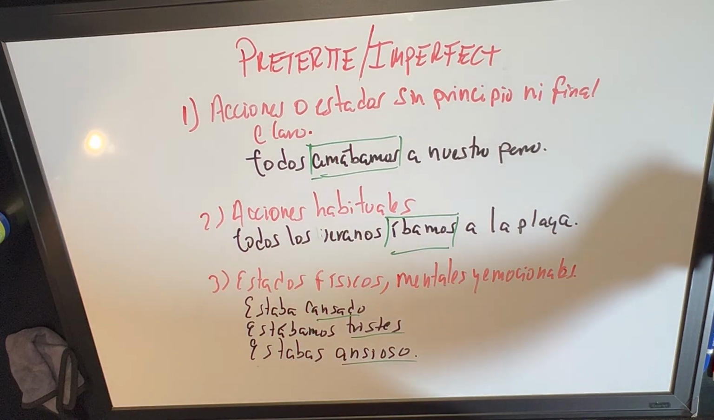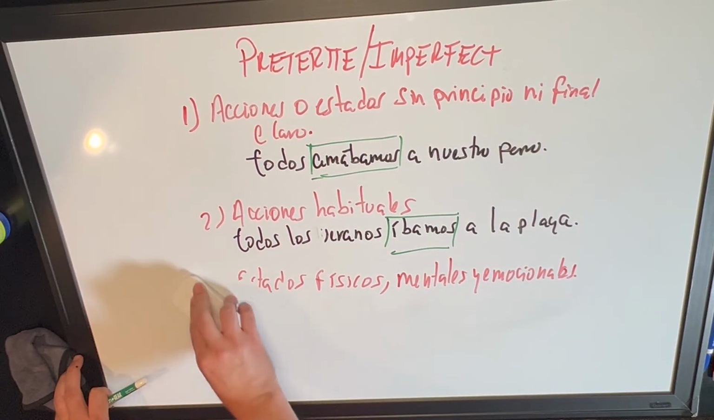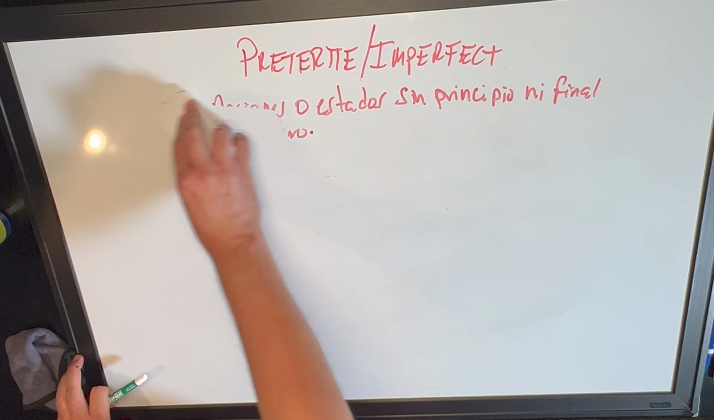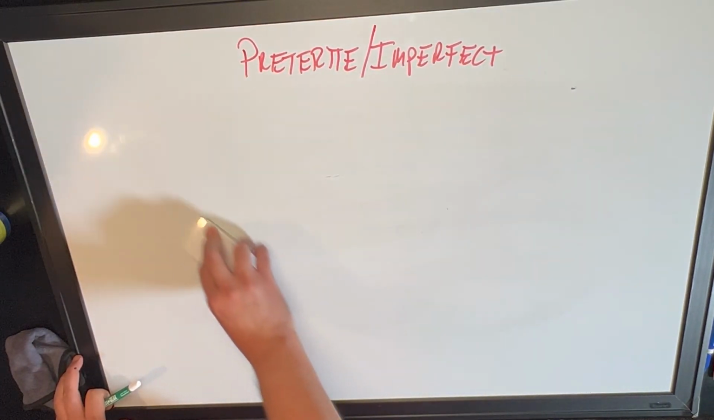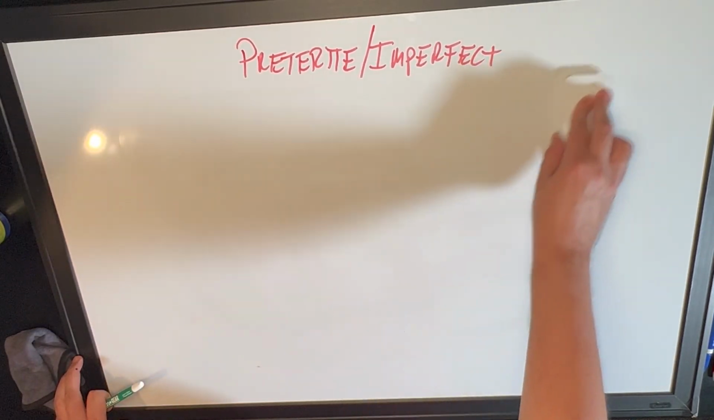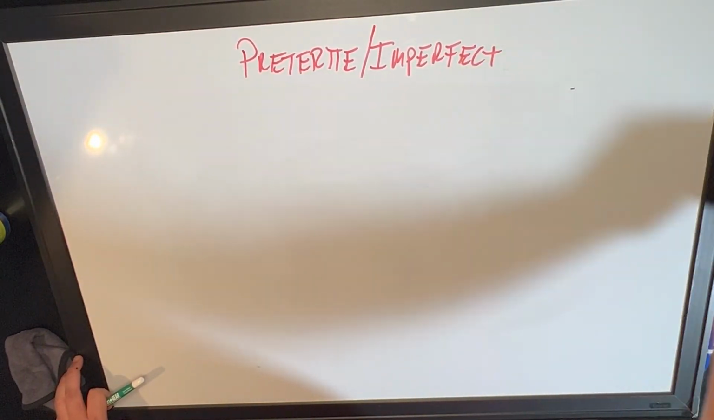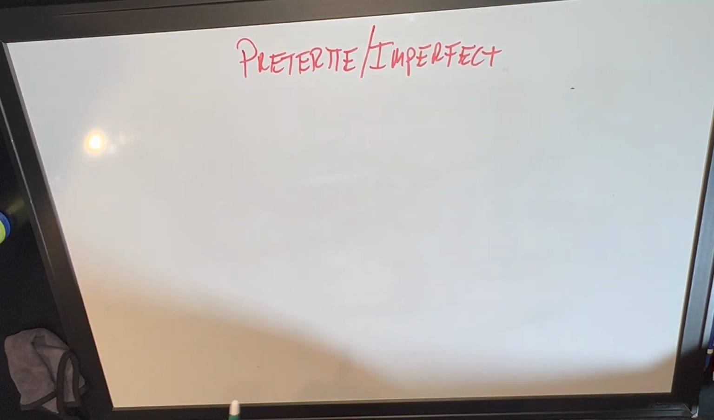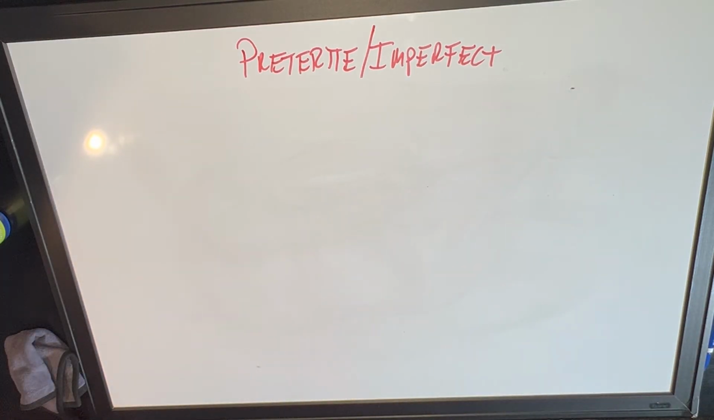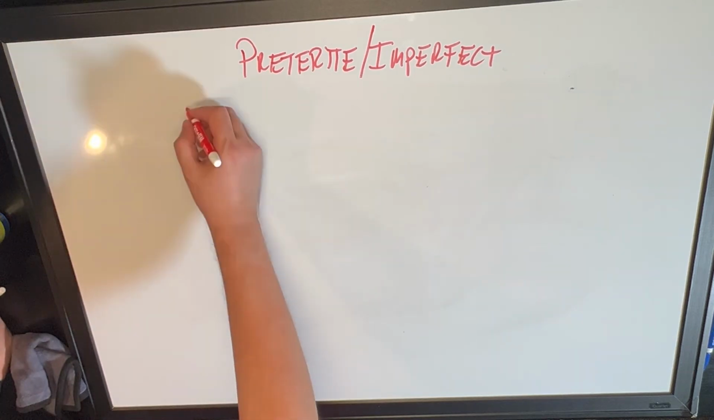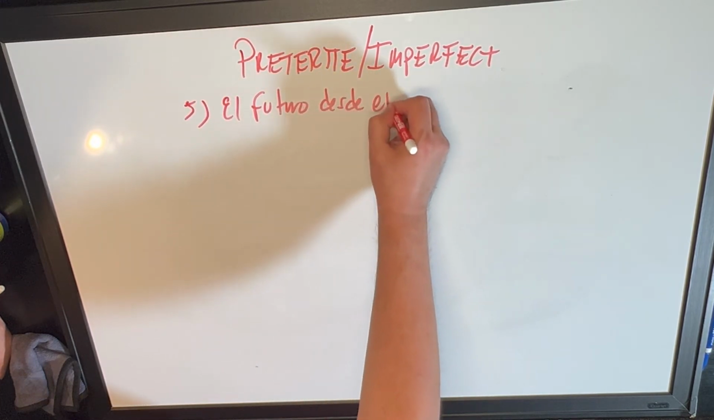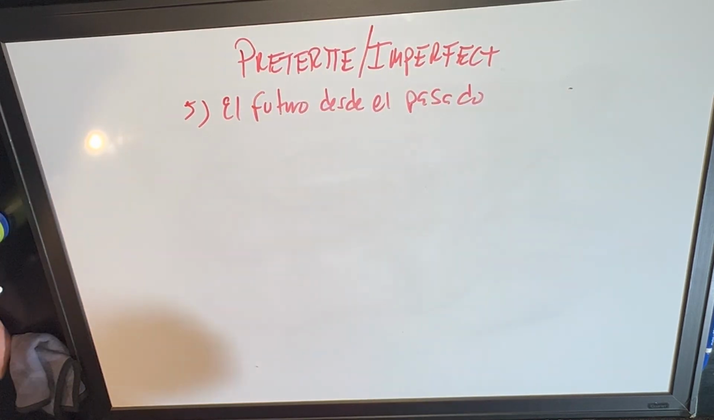This is a very interesting one. It's going to be the last one. Number 4 says, when we make reference to the future from a point in the past. Okay. For example, this is number 5. Yes, number 5. El futuro desde el pasado. And the example in your book says,